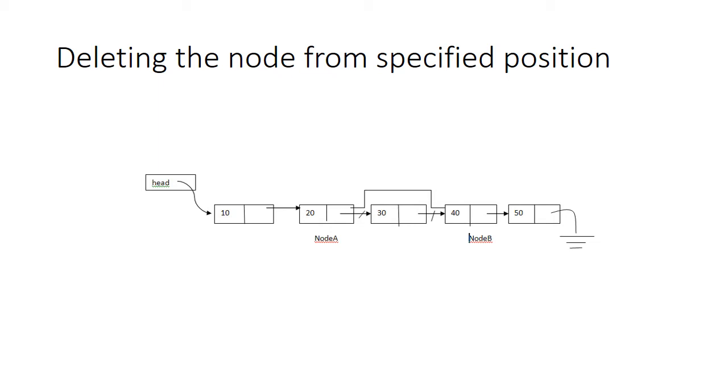Pictorially, if you have a look at this, the very first node, I have said that this head acts as an external pointer. And here, the last node's pointer field will act as a null pointer. What I will do here is take two temporary pointers. Initially, the value of head I will store in temp1. And provided temp1 is not equal to null, then I will assign temp1 to temp2. And I'll see whether temp1's data field is equal to your desired value or not. If it is equal, then I'll stop here.